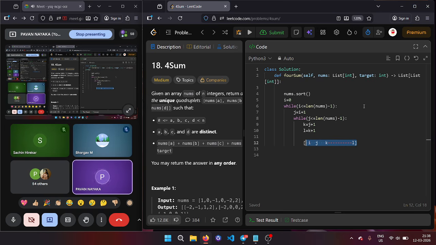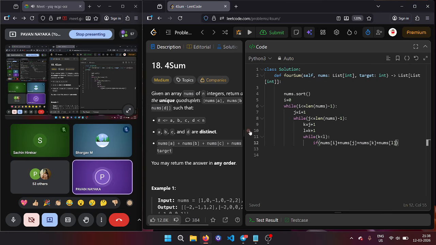So now what I can write is, I am going for three nested loops, that is, while the value of k is less than l. Now, similar to the two pointers problem, the value of nums of i plus nums of j, these two positions are fixed, plus nums of k plus nums of l.